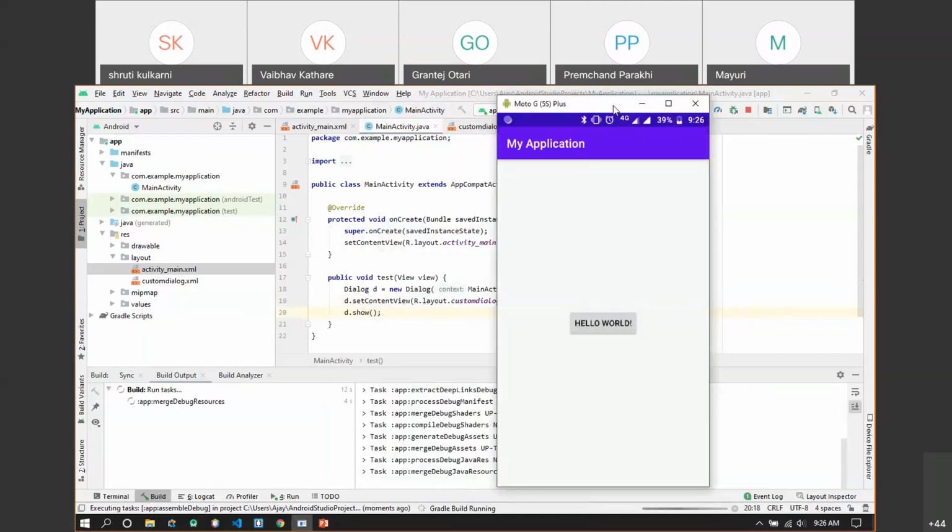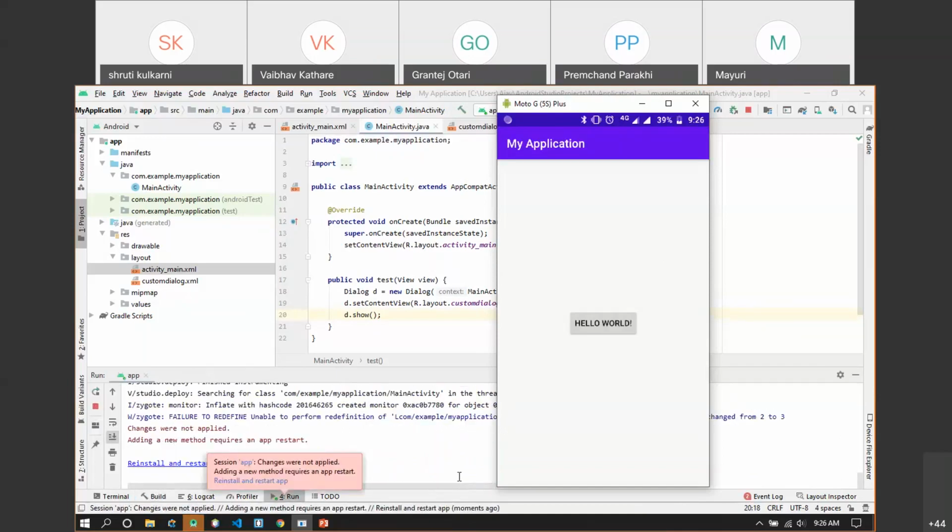When the changes are applied, the app will be terminated and relaunched. As you can see, it is applying the changes, and once it applies them, your app will be relaunched.